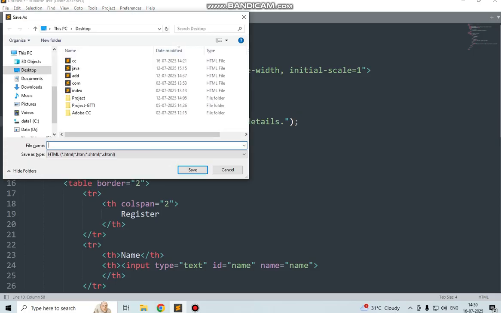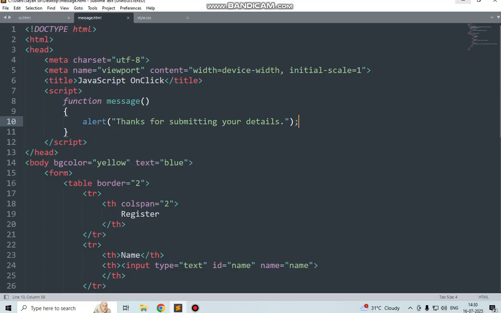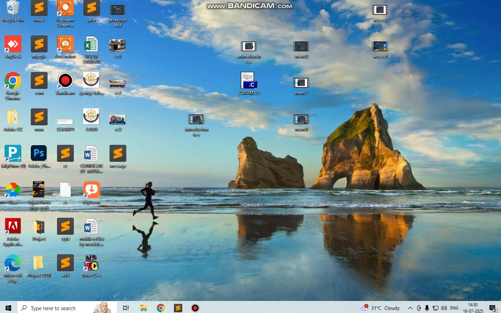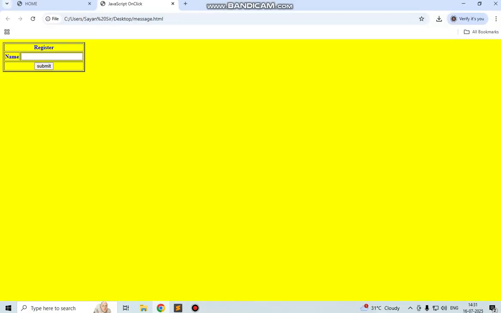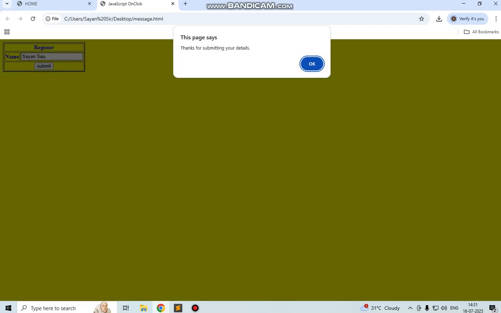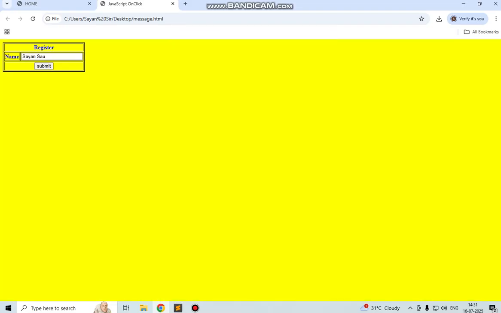Now go to desktop, click message.html. Now right click, open with. Name Subhajit Sayan Sau, submit. Thanks for submitting your details. This is JavaScript